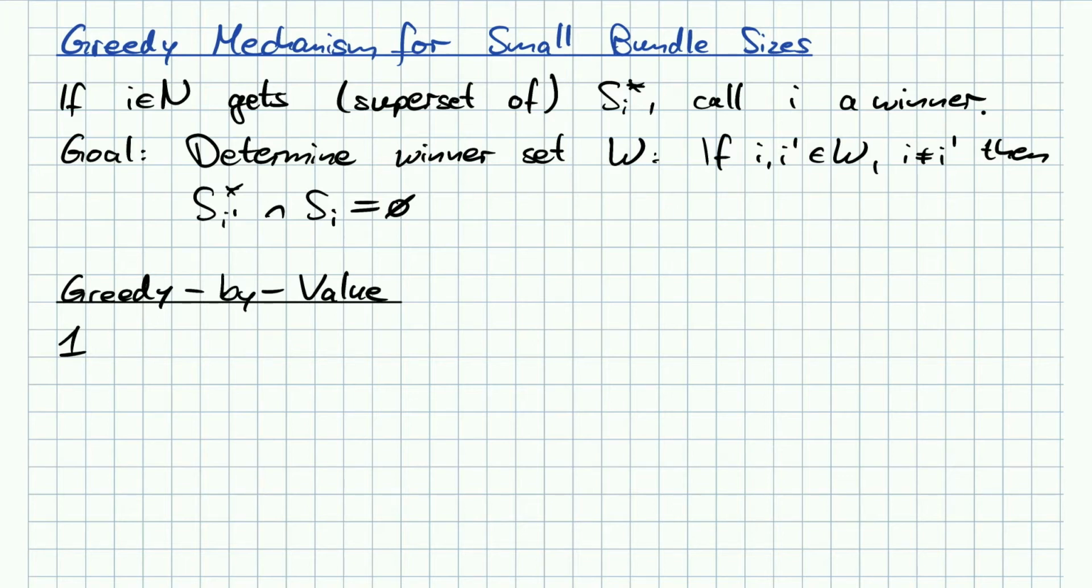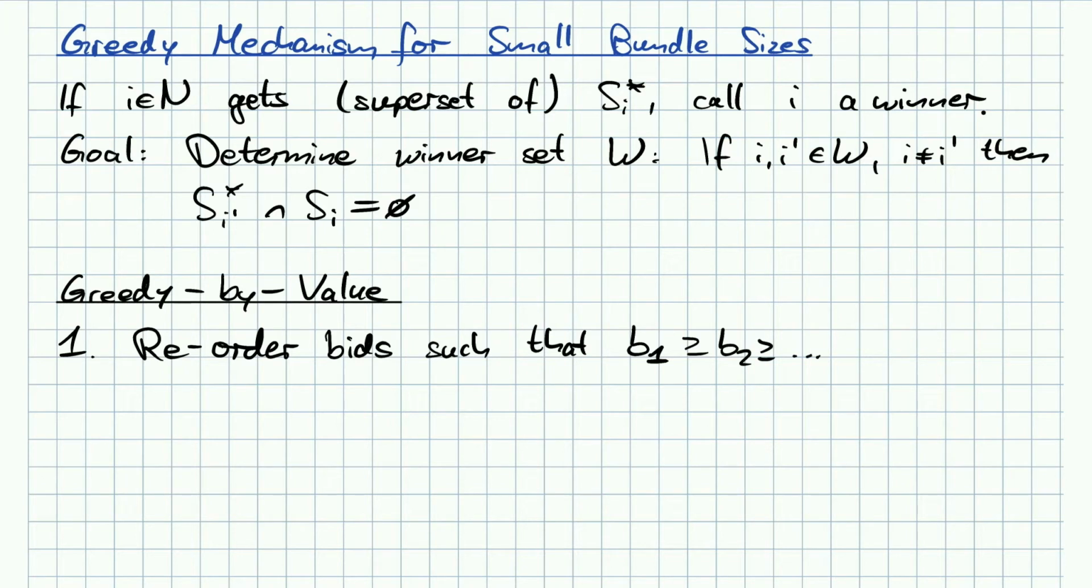We'll be reordering the bids such that we now say the first bidder has the highest bid, the second bidder has the second highest bid, and so on. And now we'll initialize the set of winners as the empty set, and